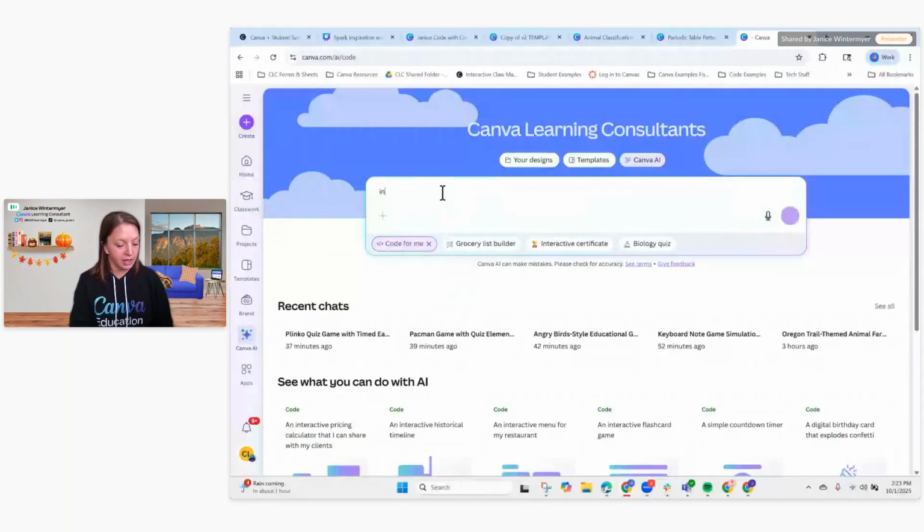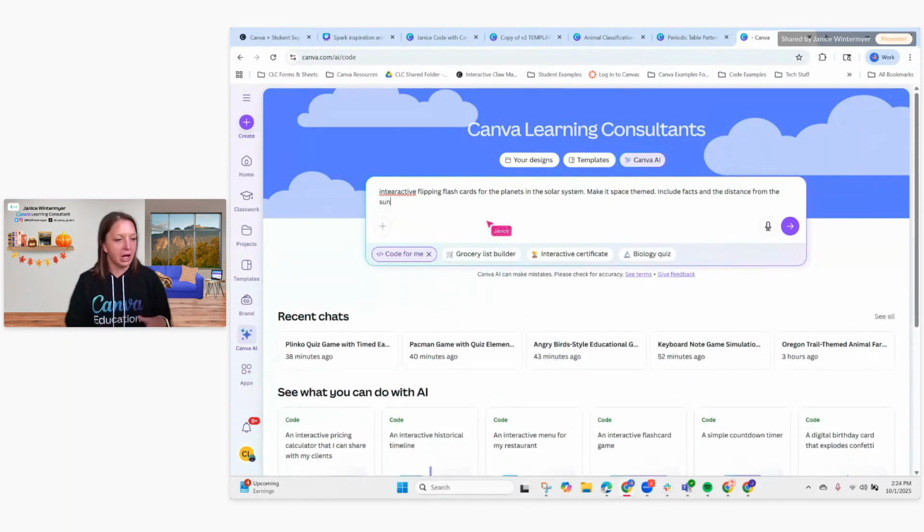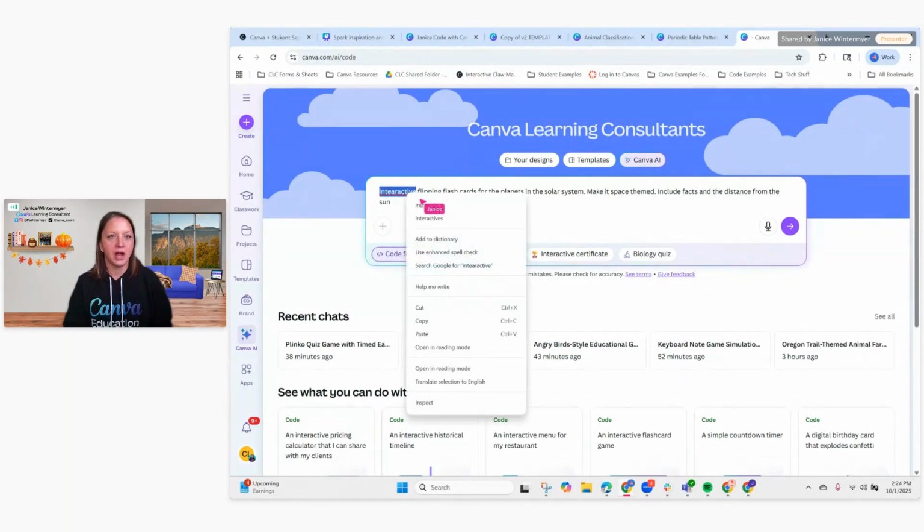So I'm going to start with interactive flipping flashcards for the planets in the solar system. Make it space themed. Include facts and the distance from the sun. We'll leave it at that. We'll start with that. So I go to Canva AI, I choose code for me,